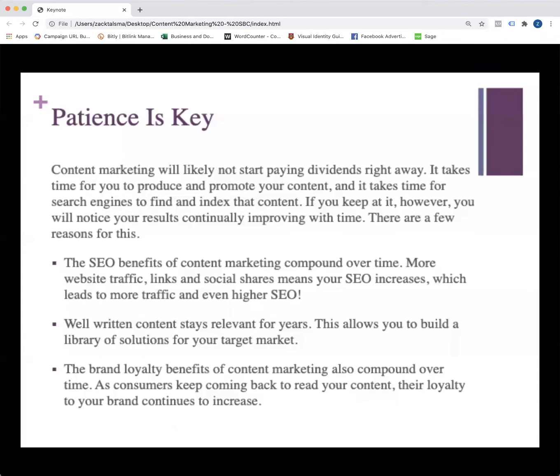It also takes time to promote that content. And it also takes time for search engines to find and index your content and show it in their results pages. So for the first couple months at least, you're probably not going to see too much of a return on investment